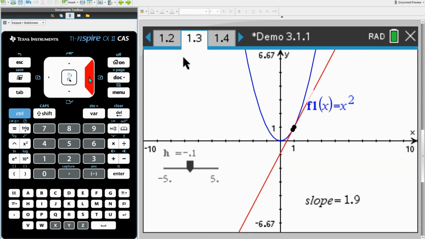And look at that. I can get those points really close together. h now is -0.1, and we get a slope of 1.9. And if I go one more step up, h is 0, I'm dividing by 0, I get undefined. Now I'm at 0.1, and I'm seeing 2.1. So my guesses now, when I get those two points reasonably close, are 2.1 and 1.9. Now, the answer is probably somewhere between there, but currently, when h is 0, we get undefined, we don't get our information out. Well, what if we